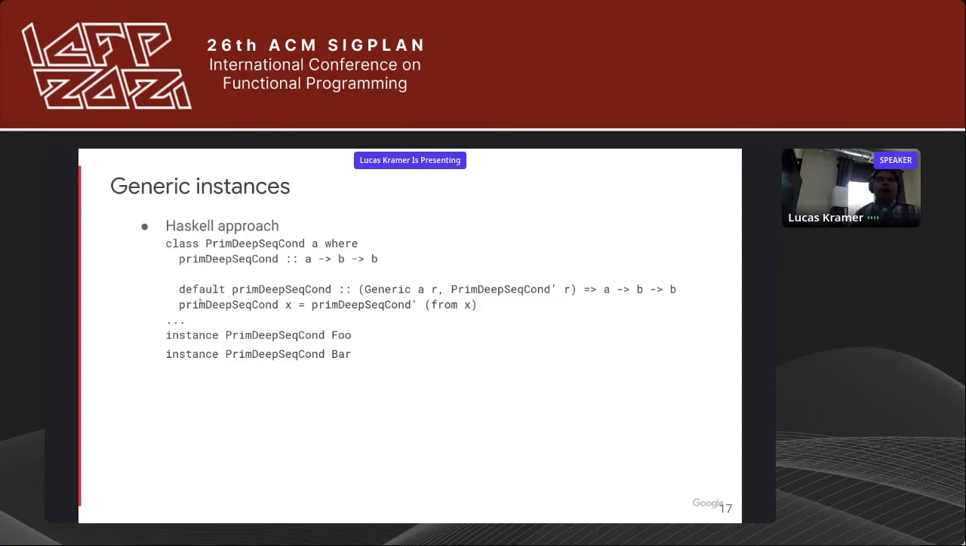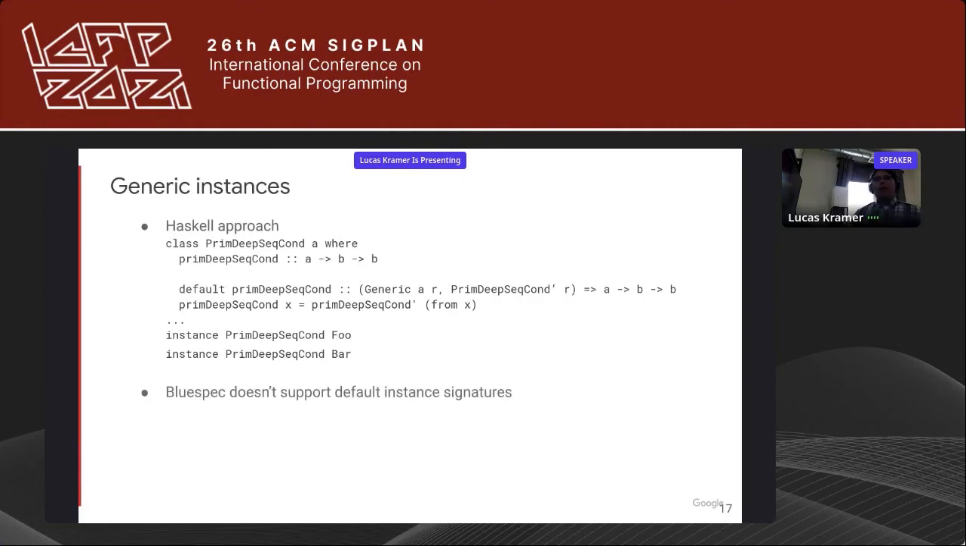where we have the default instance signature or the default class type signature extension, where it lets you write a more specific type signature for a default implementation that only applies if the default implementation is only valid if the more specific type signature can be type checked. So here we would have a default signature where we have the generic instance and the prim_deep_seq_con prime type class, and the default implementation calls from, and then we explicitly define instances for the foo and bar types for